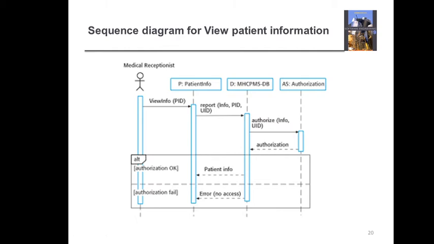Either this UID is an authorized user, right? So this is authorization, okay. The second alternative is the authorization failing, that means this user is not authorized to use this information, right? So whenever there are alternative solutions, we represent them with this rectangular bar, and at the left top corner we write ALT, that is alternate. So we have multiple alternate solutions.